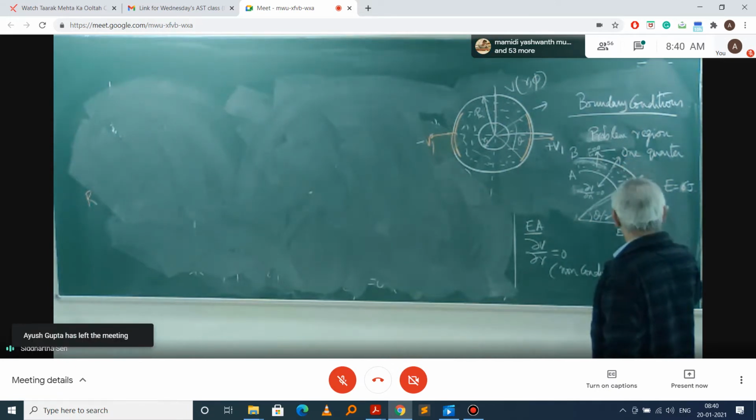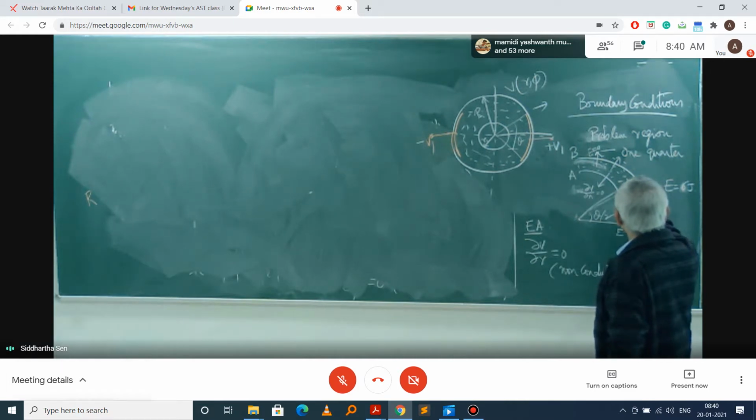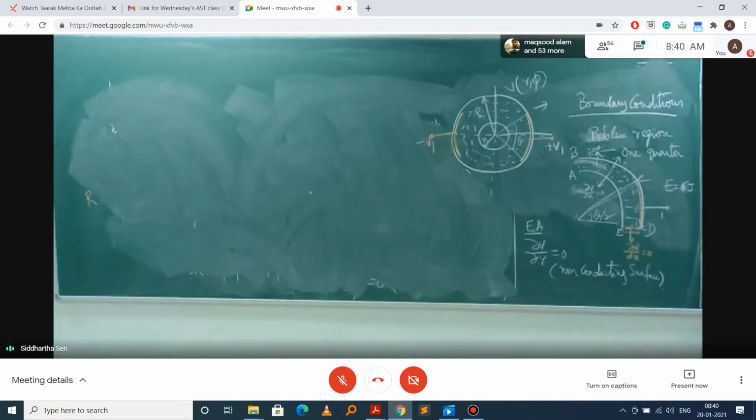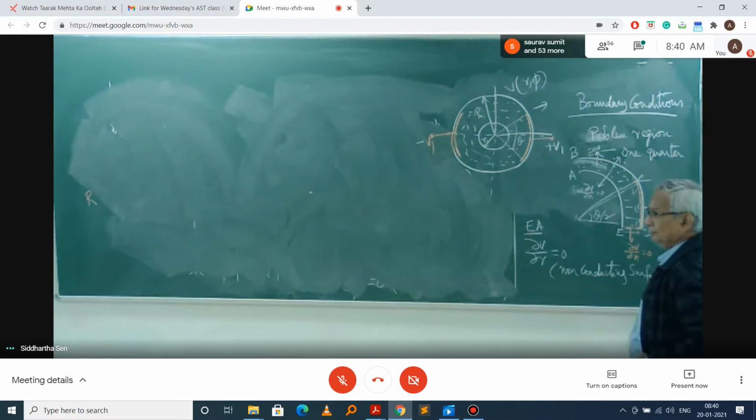Find out E on the boundaries, then find out J on the boundaries. J is the current density. And then integrate the J to get the current here. Okay? So our objective is to get the value of current here. So basically you integrate this one, or at each point you find the value of J, and you can get the current there.